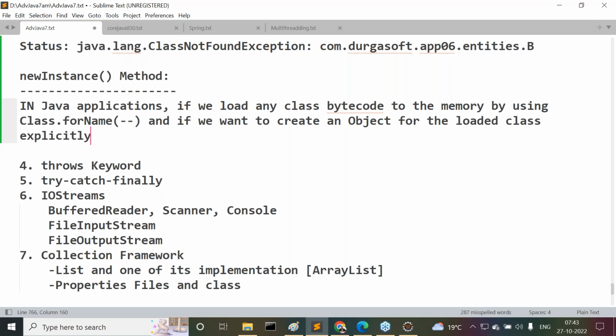Not immediately. If I use A a = new A, it is loaded immediately and the object is created immediately, without our control. But now my requirement is, when I want to load the class bytecode, I want to load it. That's it. After loading the class bytecode, after some time, maybe at some other location, for the loaded class, I want to create an object, not immediately. In this particular situation, after loading the class bytecode to the memory by using the Class.forName method, if we want to create an object for the loaded class,